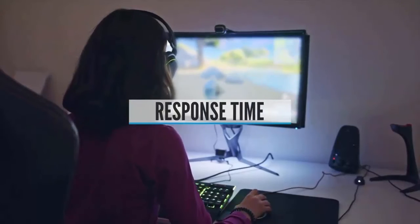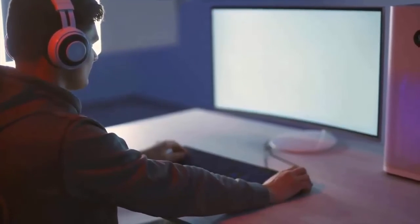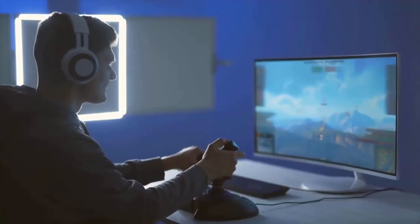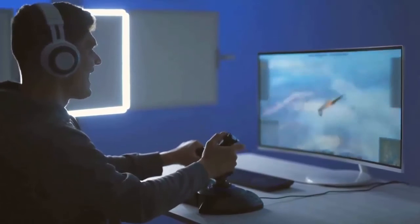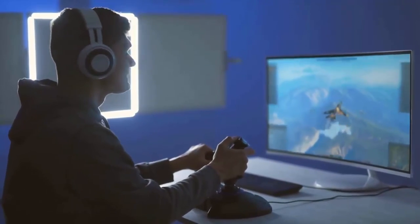And lastly, response time. Response time tells you how long a monitor takes to change individual pixels from black to white, or if it's G to G response time, from one shade of grey to another. Longer response times can mean motion blur when gaming or watching fast-paced videos. For normal monitors, the highest response time you'll likely see is 5 milliseconds, while the fastest gaming monitor is going to have 0.5